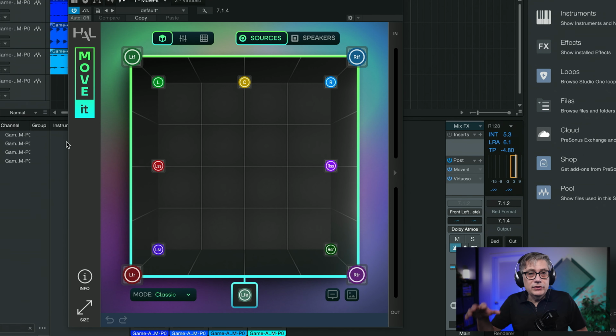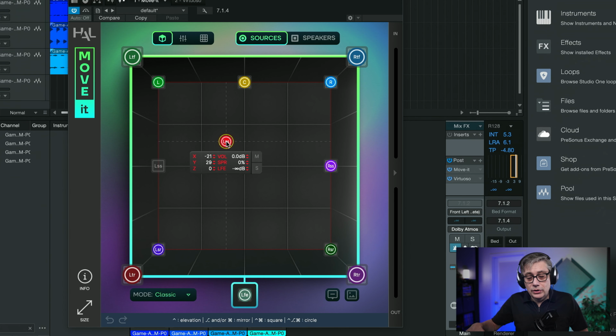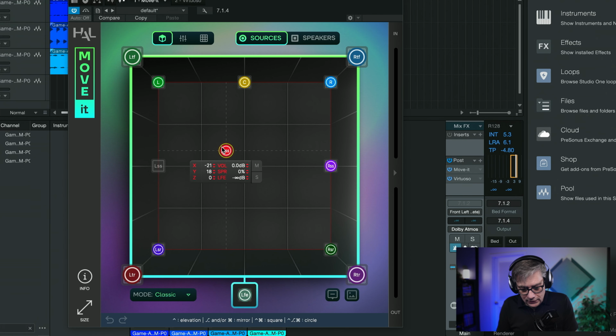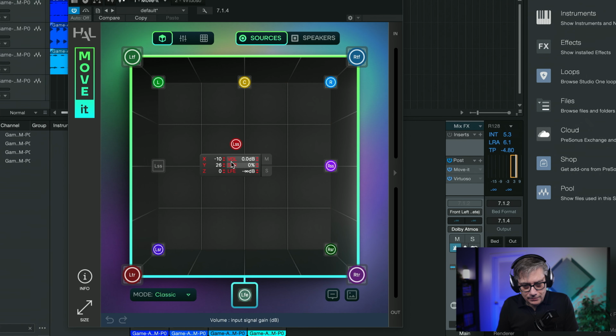Now, you only have a top-down view, and that's also one of the problems that I have. It's a little bit difficult to really see the height information of the individual sources. So if I take a source, for example, and I move that around, I'm currently moving that horizontally, so there is no height information. In order to get the height information, I actually need to press a modifier key, and let me just see which one it is, because I constantly forget which one it is. Here we are.